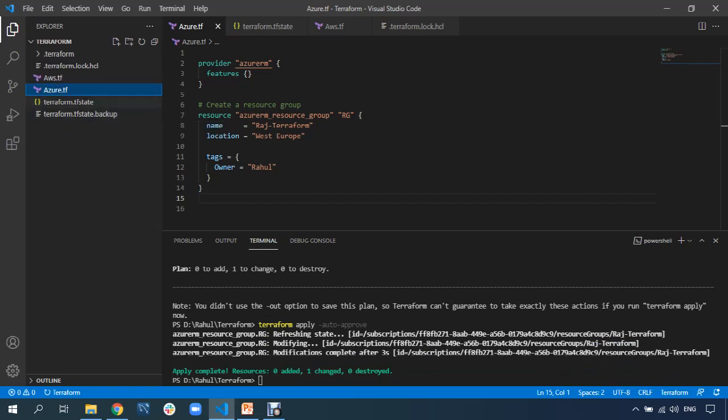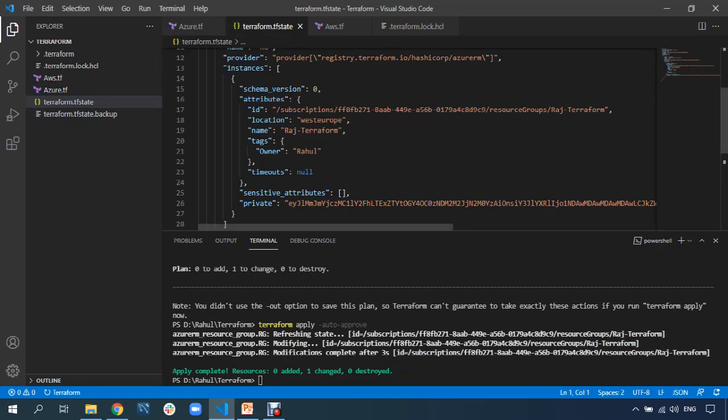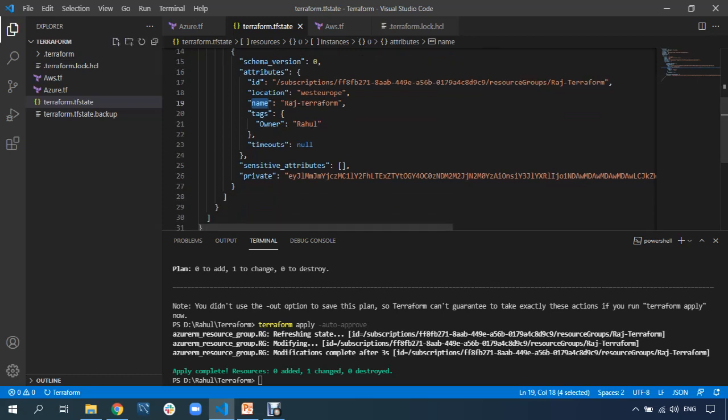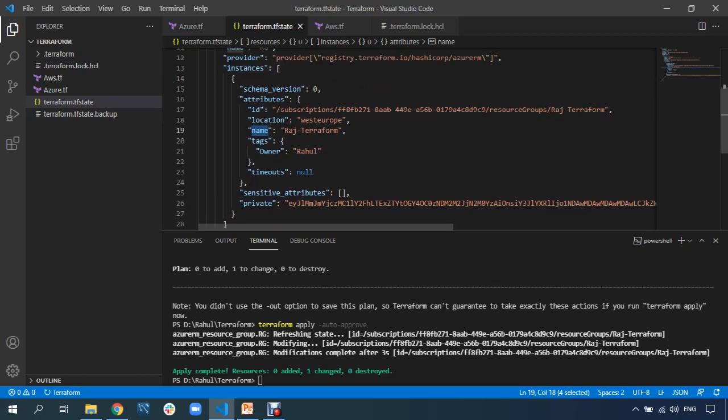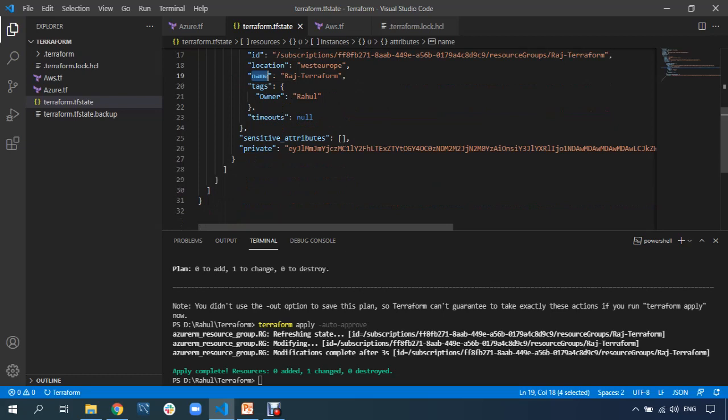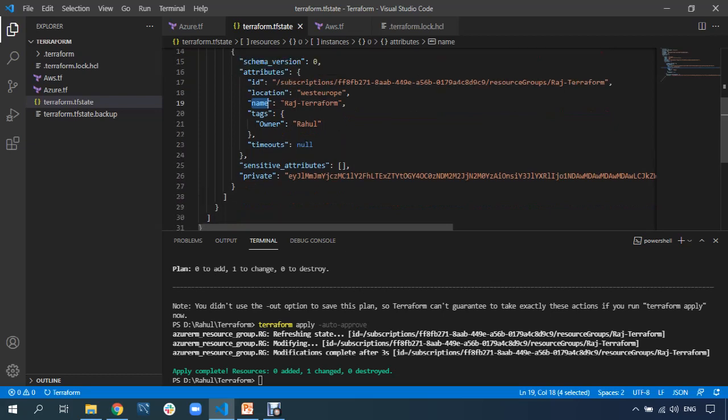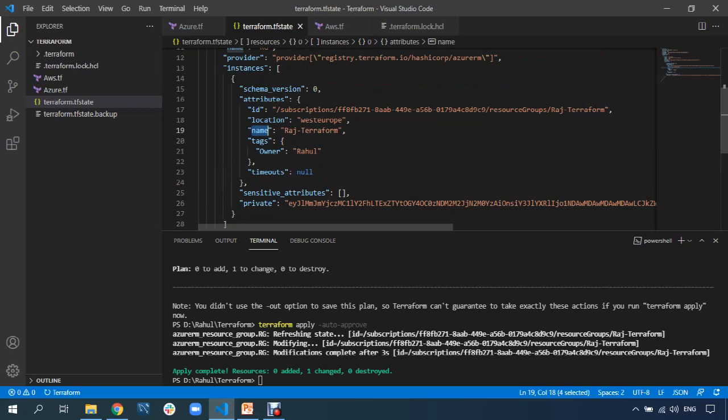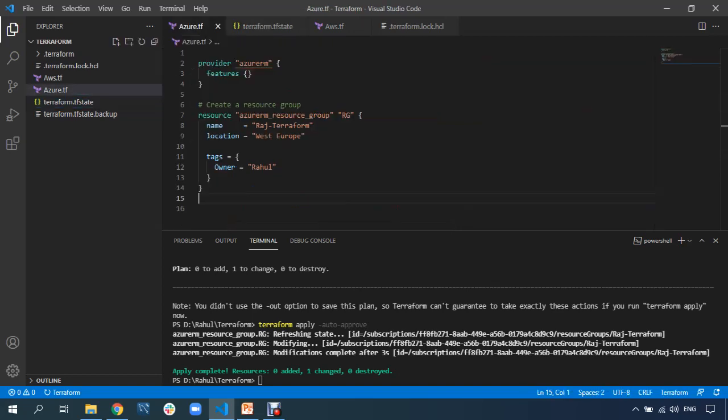One more thing, I have seen people making some sort of changes in this desired state. Like if you want to change the name of the tag or the name of this resource group, people used to do this. Sometimes they will delete this block itself. So you should never touch this state file. You should never make any changes from this state file. If you do any changes from this state file, you will end up with some problems, some errors. So you never destroy or delete this state file. You never disturb this state file. Whenever you want to make any changes, you use this code and you make the changes. Don't do anything with this state file.